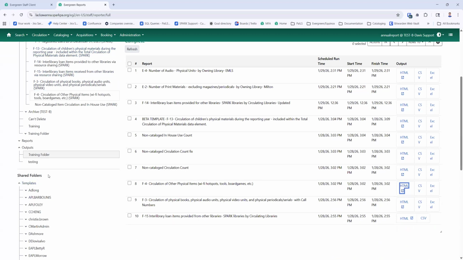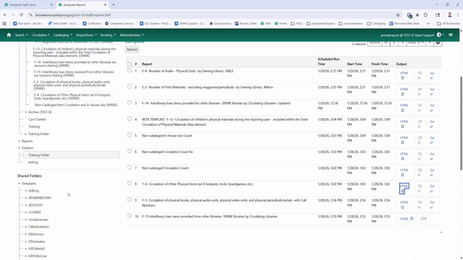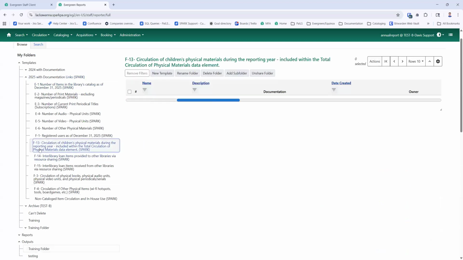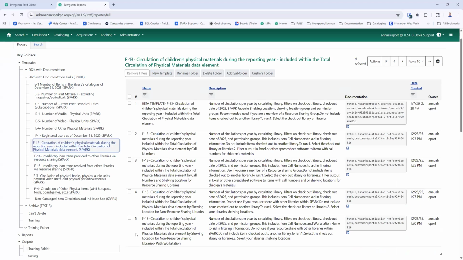And so you're going to go down to the share folders to find the template. Under templates, you're going to look for the annual report user, and you're going to press that little down arrow to expand their folder and look for the one that says 2025 with documentation links. And you're going to look for the subfolder that says F13. Now there are 5 choices on this one because it depends on how you loan material and also how you, if you are a single library and you do not resource share with anybody, you can use